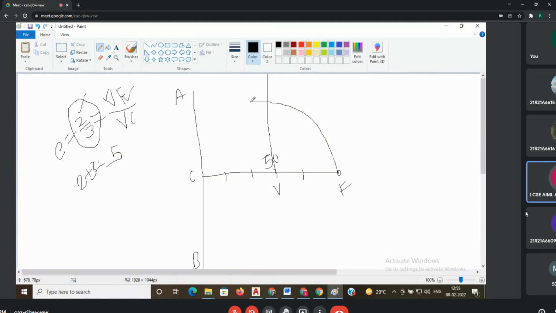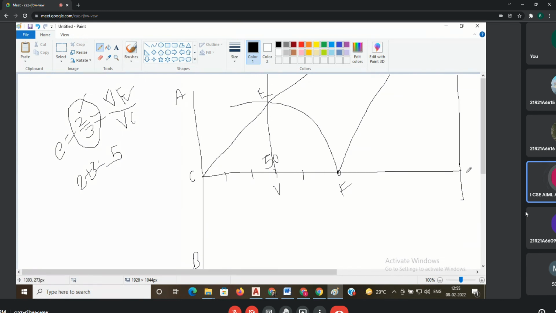Draw the arc. You will get one point E. From T through E, you have to draw one line. Then you have to draw one more line from focus with 45 degrees inclined line. Both will intersect somewhere. From there, you have to draw the vertical line. After that, you have to draw one more line from V1 to V2.